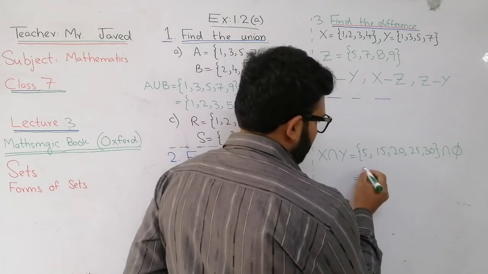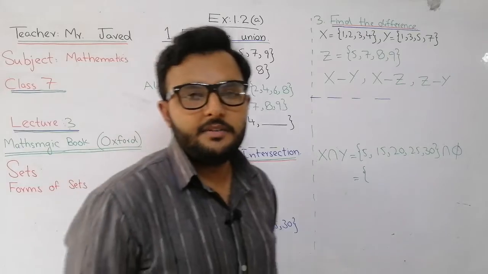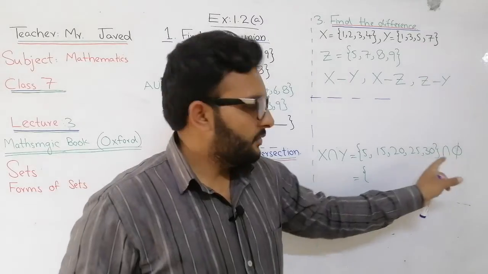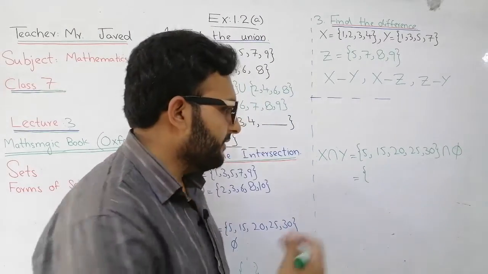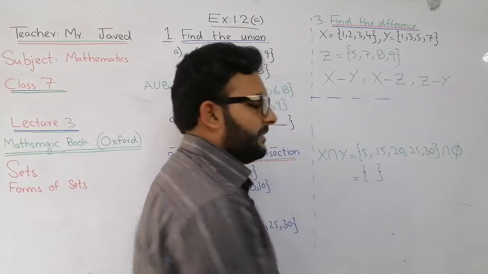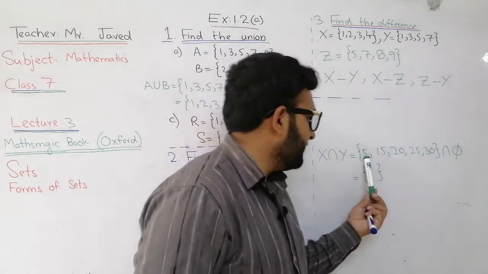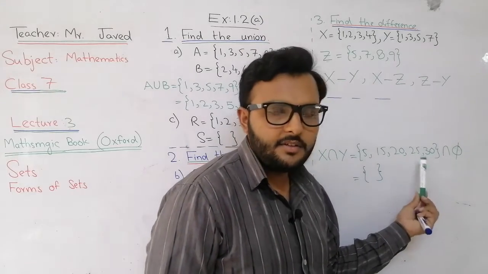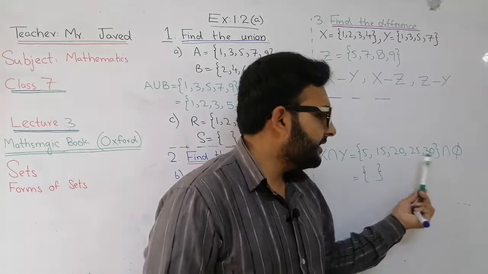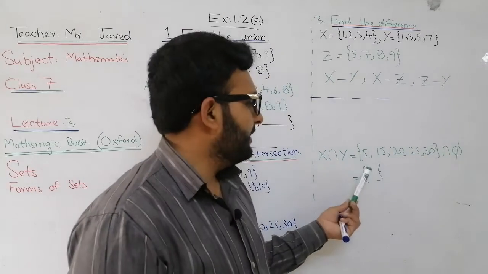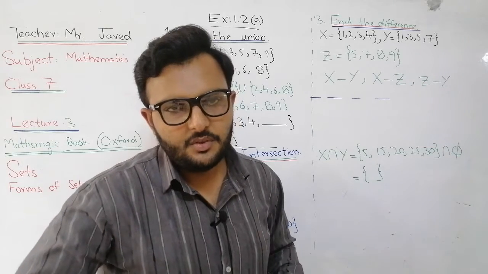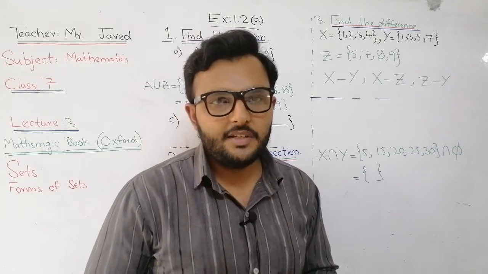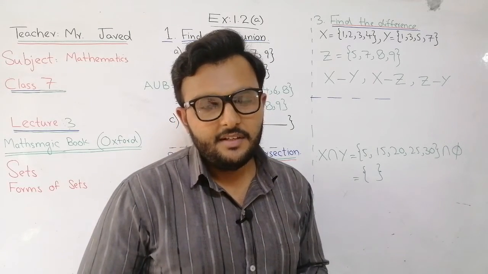Okay, so in intersection we take those elements which are present in both the sets. Here in this set there is nothing, so nothing is common in both the sets. So what will be the intersection? It will be an empty set, because 5 is here? No. 15 here? No. Same is the condition for the other elements. So nothing is repeating here, and the answer will be the empty set. So hope you people understand intersection and union. It should be clear, and no confusion should be in your mind.